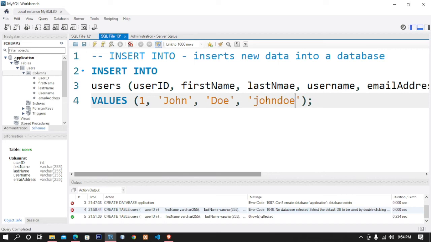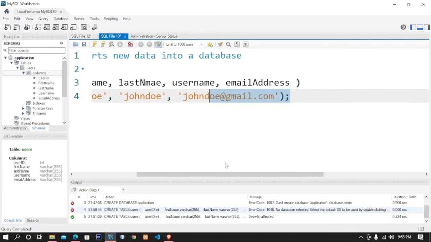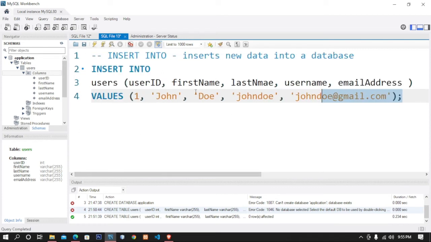Next is email address, jando@gmail. So that's it. This is our simple script that we are going to use to insert or add data